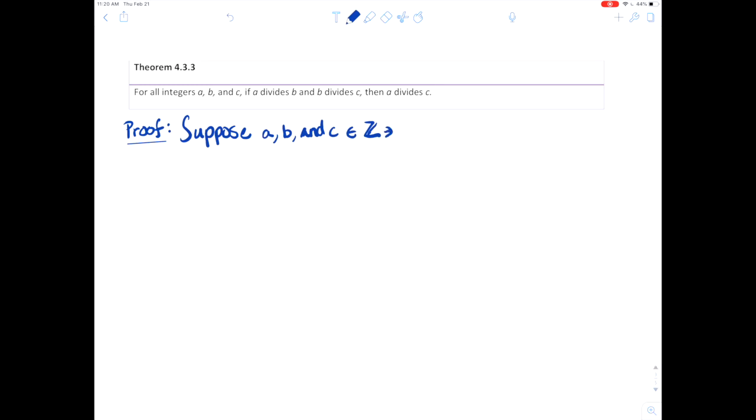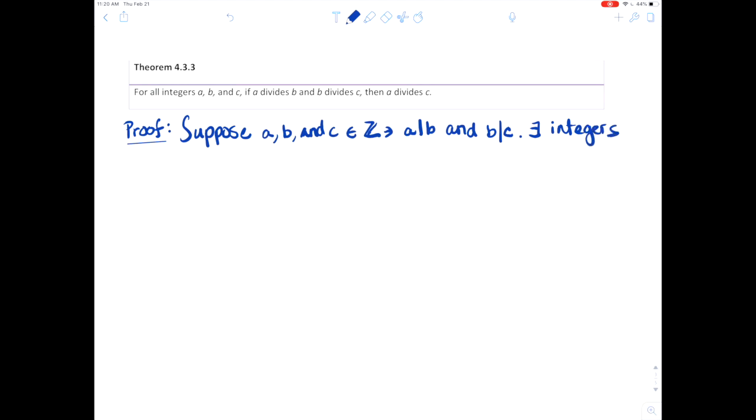Such that a divides b and b divides c. So we're just restating our premise here, right? But from this, the definition of divisibility, what must exist? There have to exist integers. In this case, there exist integers